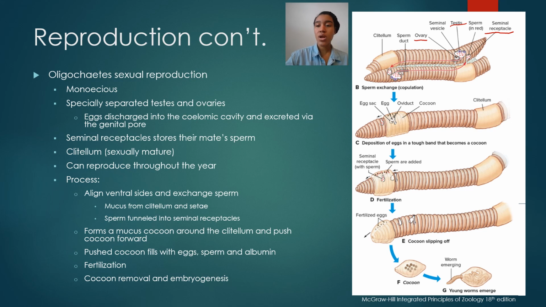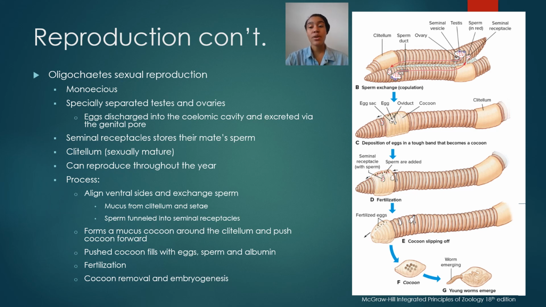So going through this process of reproduction and how this all works, we start with one worm. Let's say we're looking at an earthworm in a burrow, and then another earthworm comes in and they want to reproduce with each other. Both of these worms will line up along their ventral sides, anterior to posterior. So the head of one worm will be lined up with the posterior of the other worm. And they'll line up so that their reproductive structures are in just the right spot